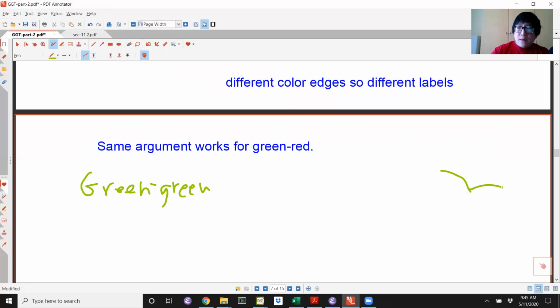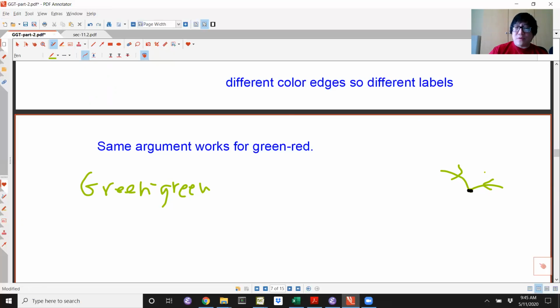Now, the thing we're worried about is that somehow there's a path. So let me just draw your nightmare here. So maybe there are two green edges that have the same label on them,